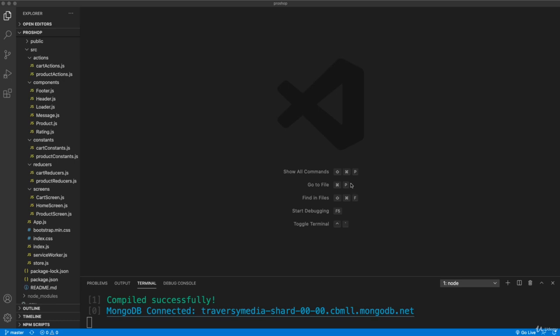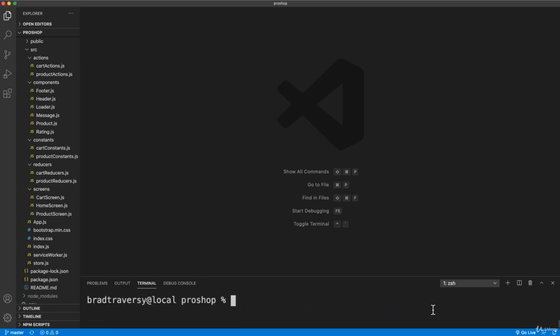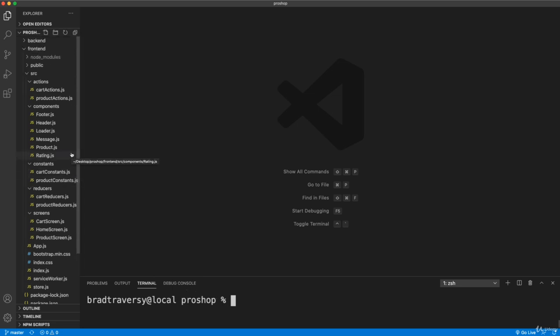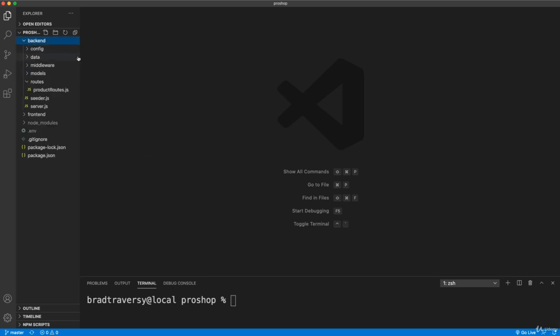So we're going to jump into the back end for a little bit. I'm actually going to go ahead and stop this because we're only going to need to run our server for a little while, because we're going to be dealing with Postman for authentication and so on. Now, before I even get to users and authentication, there's a little bit of cleanup I want to do here,